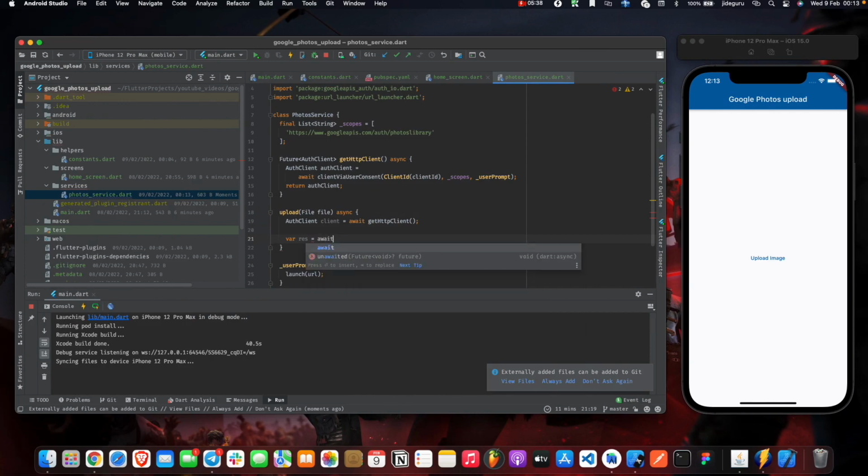Result, your result, await. Let's call it token results. So here we're going to be using the authenticating client that we got from the Google APIs authentication